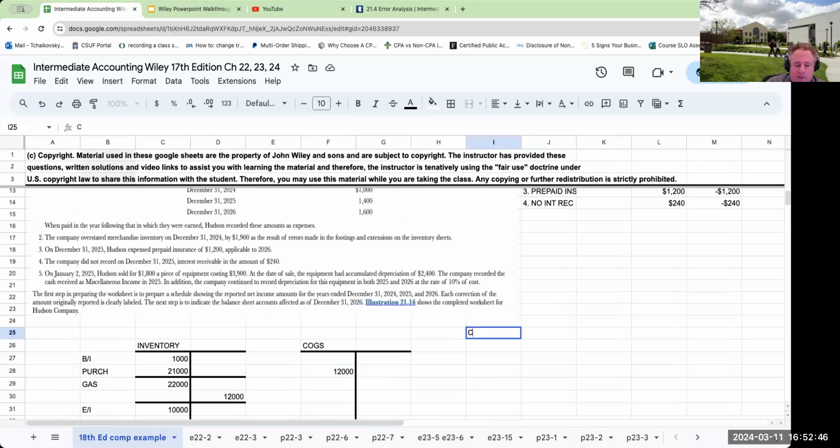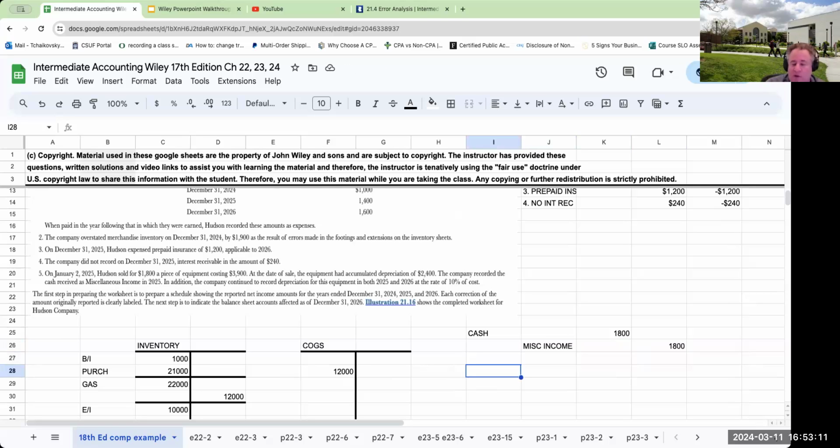We got cash of 1,800 and we had miscellaneous income of 1,800. Okay, obviously that was not correct. What should have happened is that when we're going through and recording equipment, basically what needs to happen is,